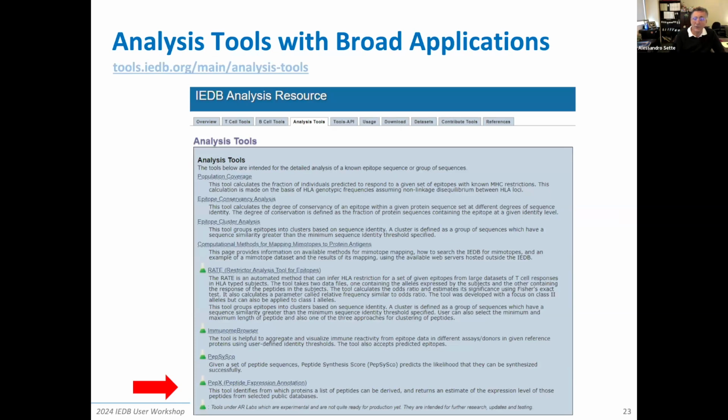And finally, PepX, a peptide expression annotation tool, and this goes back to some of the discussion we have already had on what features beyond predicted peptide binding capacity may influence potential immunogenicity, and certainly the level of expression of a peptide is one of them. So it stands to reason that a particular peptide will have a certain predicted binding affinity. But if a peptide is expressed in a protein that is itself made in very small amounts, it will have a lesser chance to be bound in significant amounts and recognized by the immune system in comparison to a peptide with the same sequence found in a protein that is expressed at a very high level, perhaps a structural